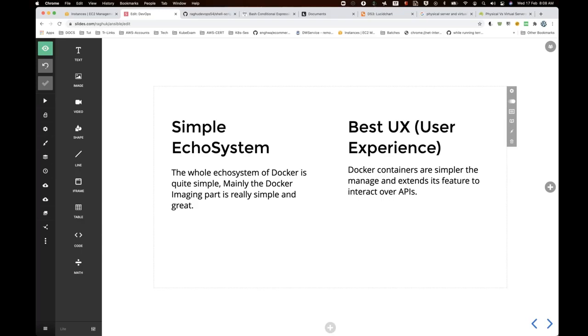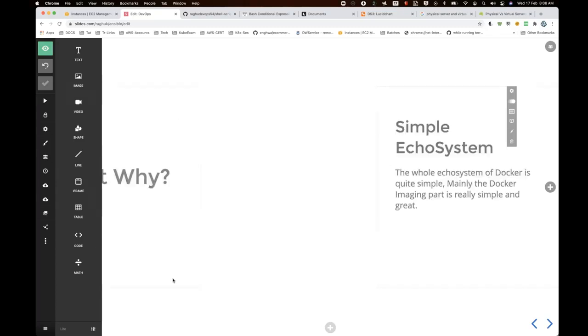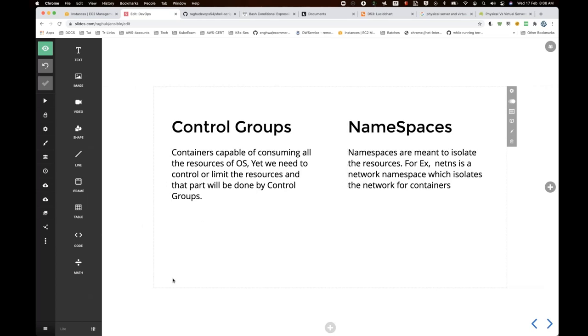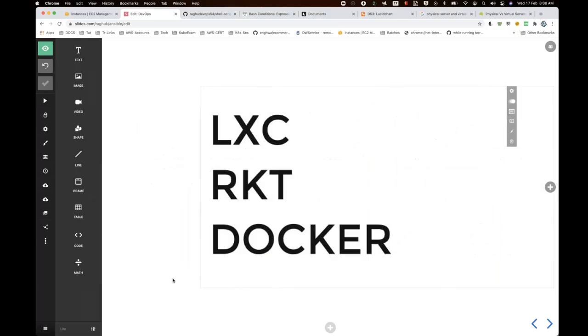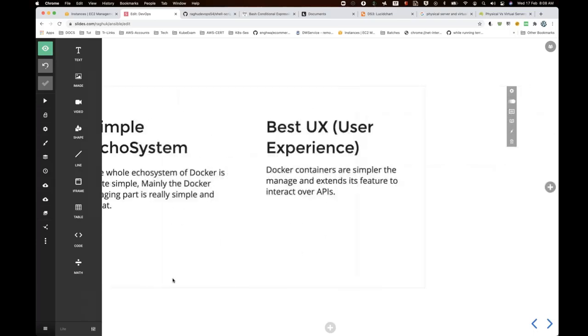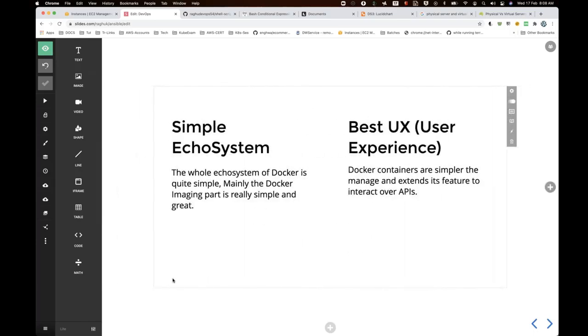And the next thing, to start with, so you understand the flow basically: control groups, security, Docker. And the next thing which I would like to talk about is